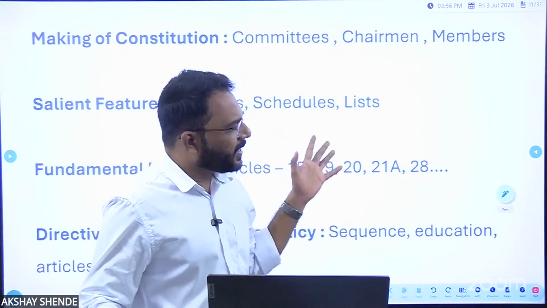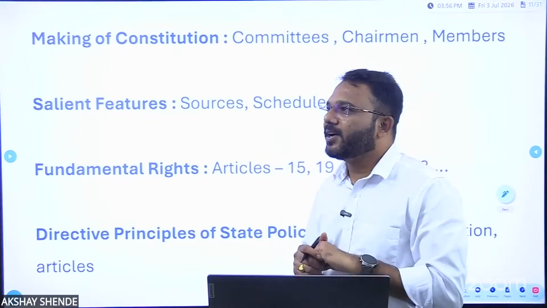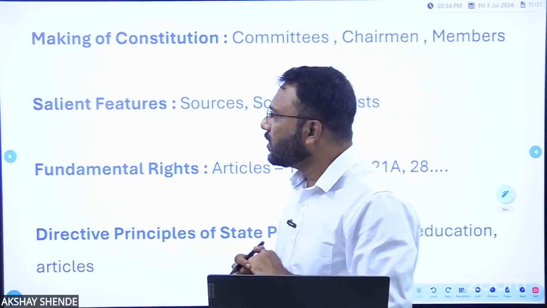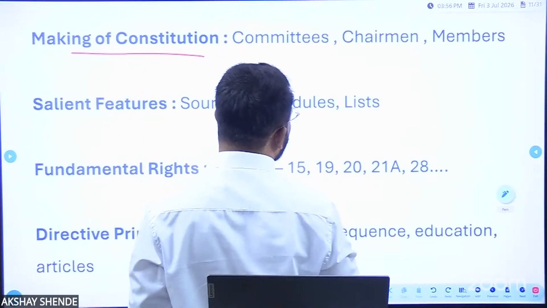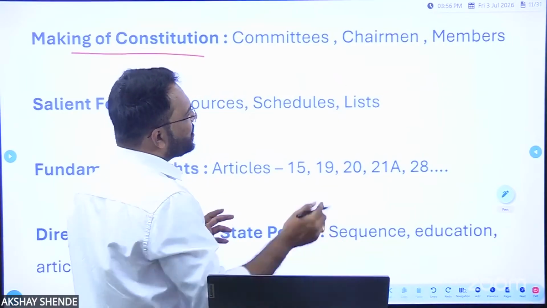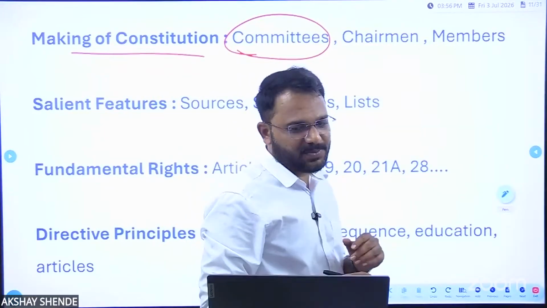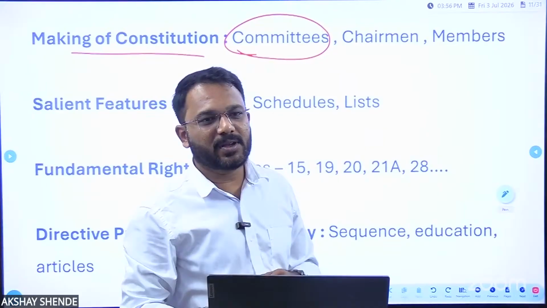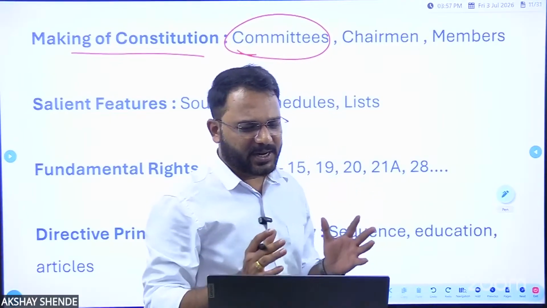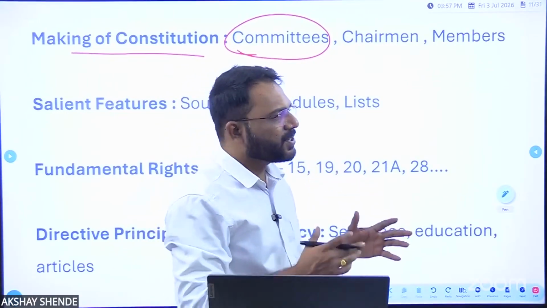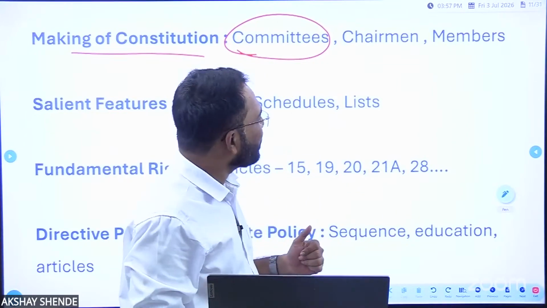Okay, now let's take a look at some important topics and chapters which I have taken from my analysis. From this chapter, that is making of constitution, questions are basically asked from the committees. Which committees? The committees which were established for the Constituent Assembly. The most important committee of the Constituent Assembly was the drafting committee, which drafted the overall constitution. Then Union States Committee, Central State Relation Committee, National Flag Committee, Judicial Committee. There were many committees, major and minor.